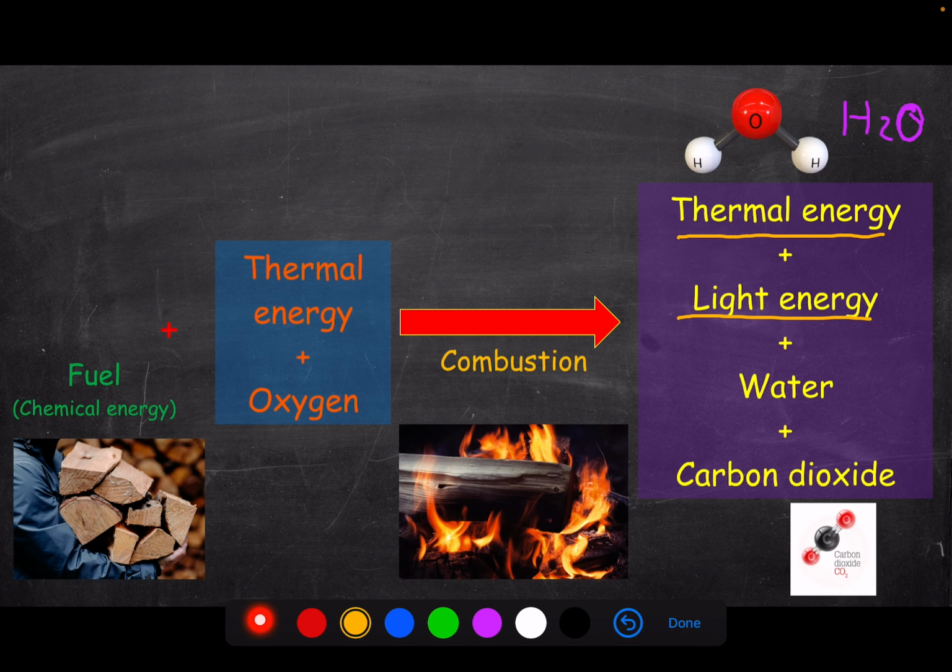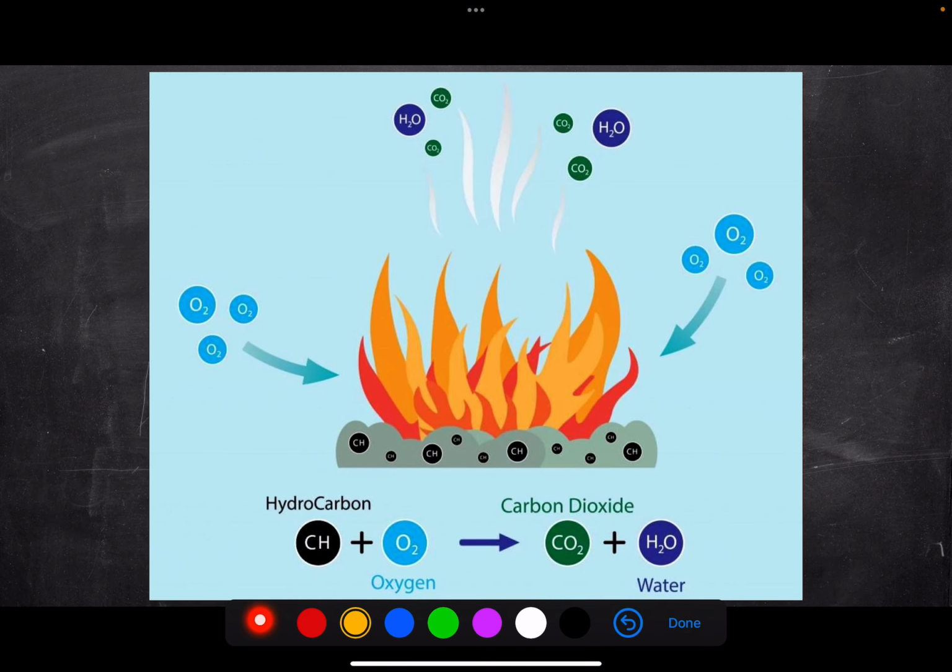You're chemists already, you're looking at chemical reactions, and you've been doing it for a long time, you just didn't know it. So here's one last look at combustion as a holistic picture. You'll see here it says CH, hydrocarbon. This is basically saying this is a fuel, because most fuels have a CH or hydrocarbon bond, meaning there's a carbon somewhere and there's a hydrogen attached to that carbon. So most fuels will have that sort of molecular structure. That's why they're saying hydrocarbon. Don't worry too much about that. You don't even have to know that word. Plus O2, which is essential for a combustion reaction to occur.